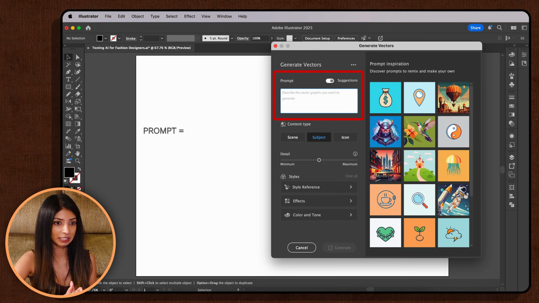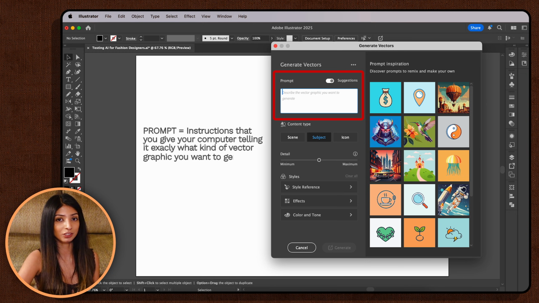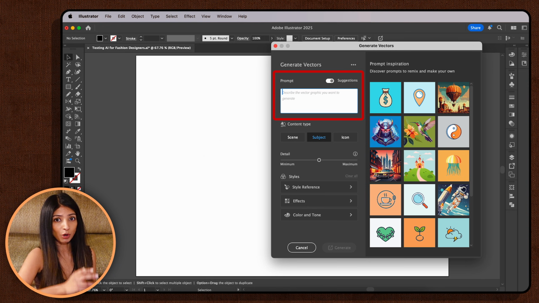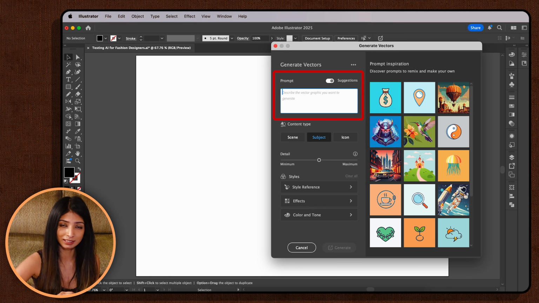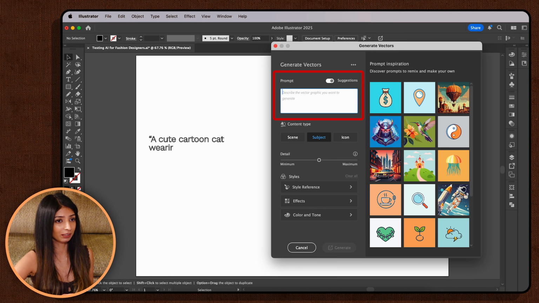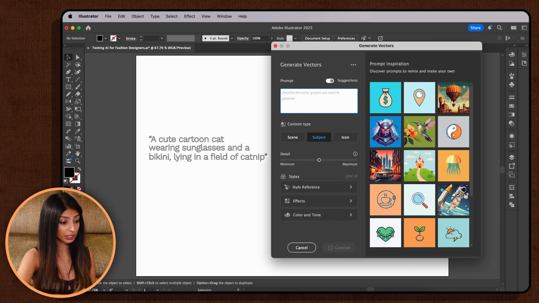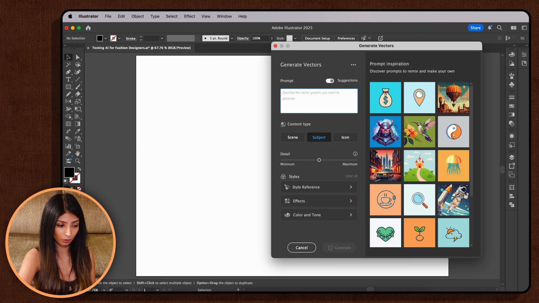Well, a prompt is basically instructions that you give your computer, telling it exactly what kind of vector graphic you want it to generate. It's kind of like a genie that grants wishes. Your prompt can simply say, a cat. Or your prompt can be complex and say, a cute cartoon cat wearing sunglasses and a bikini lying in a field of catnip. We also have a few more interesting features below to help Illustrator generate exactly what you are